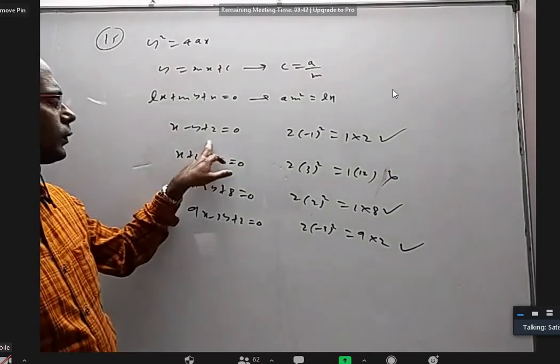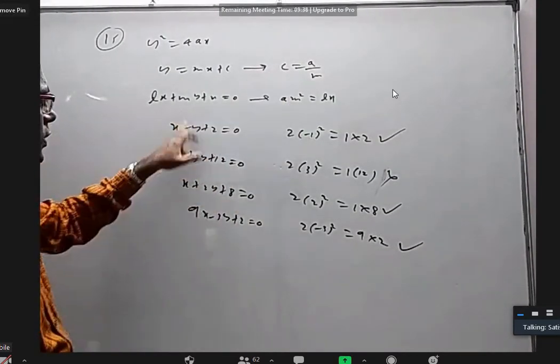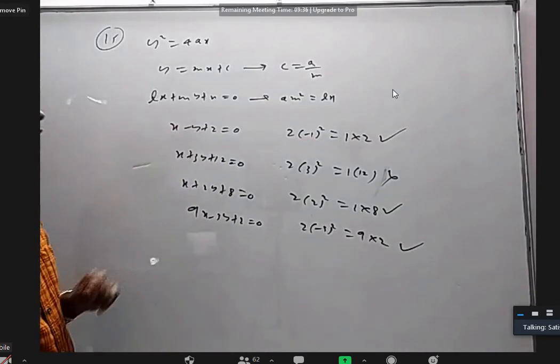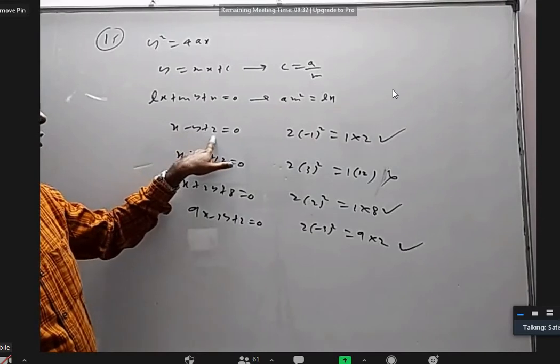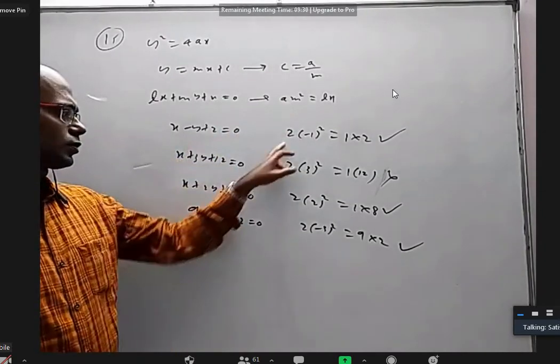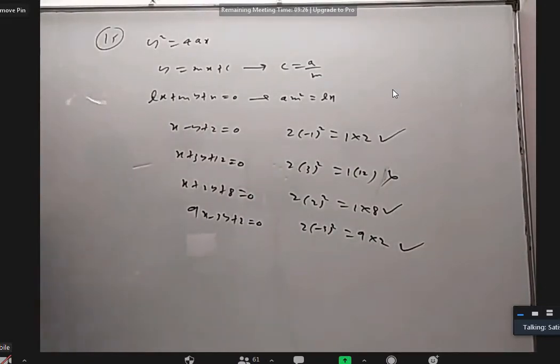Okay, so I'm using this condition, but if somebody wants, they can use the other condition. But every time you have to find what is m, what is c. This means as it is, x coefficient is l, y coefficient is m, constant is n. So all these are satisfying, but this one is not satisfying. Is it okay? 15th one.